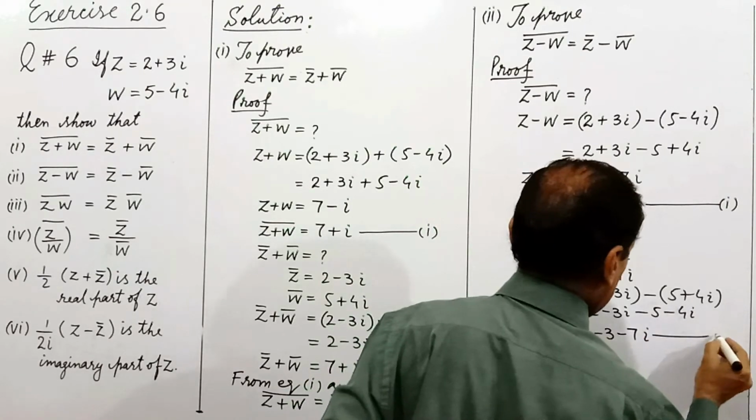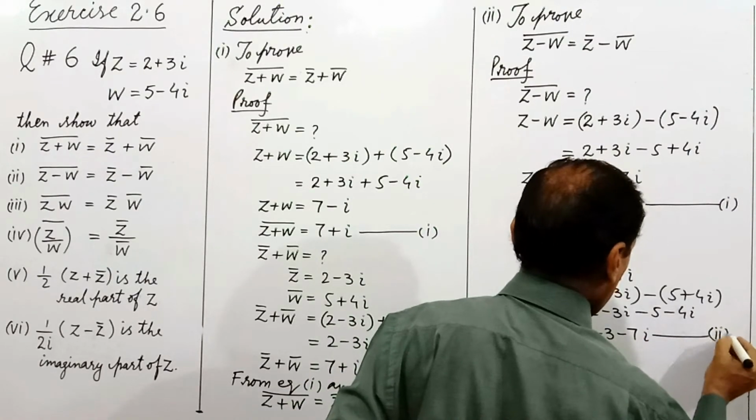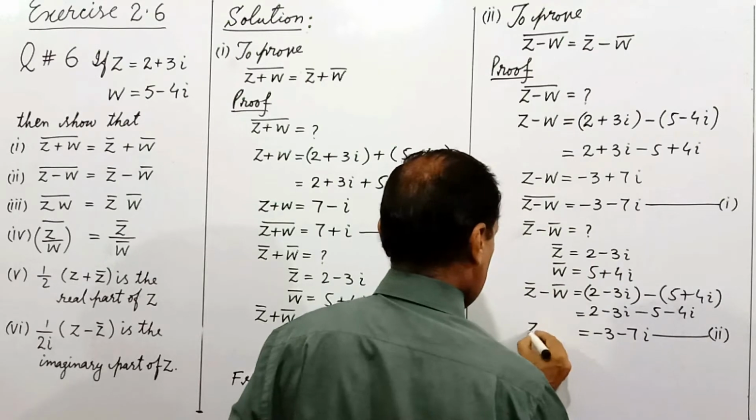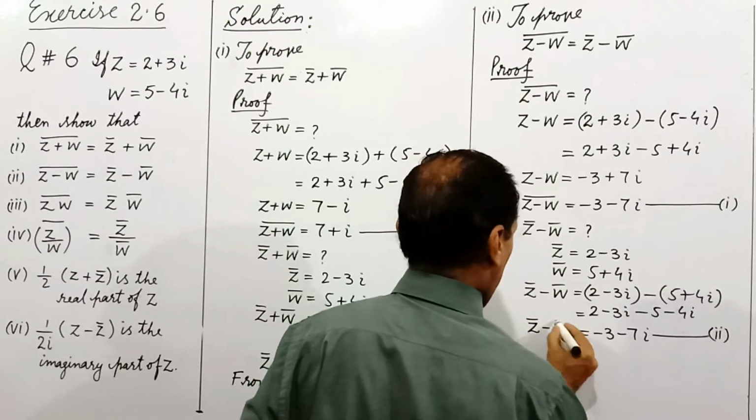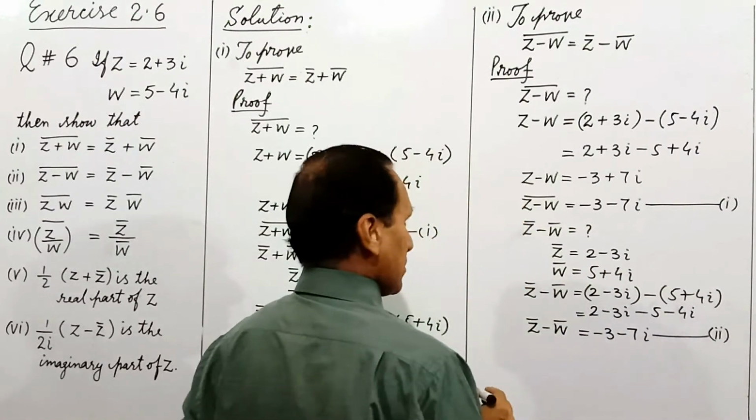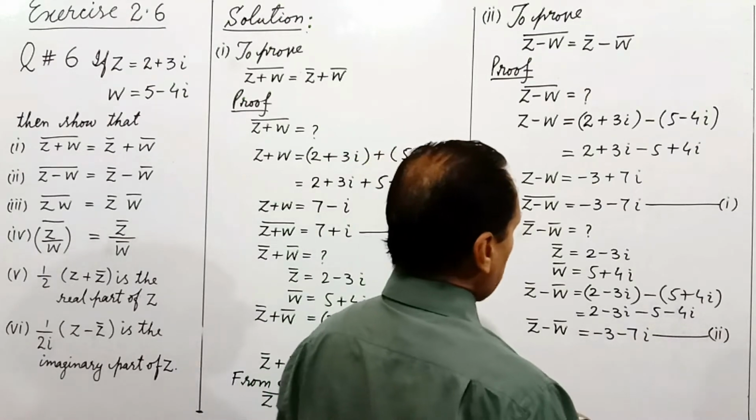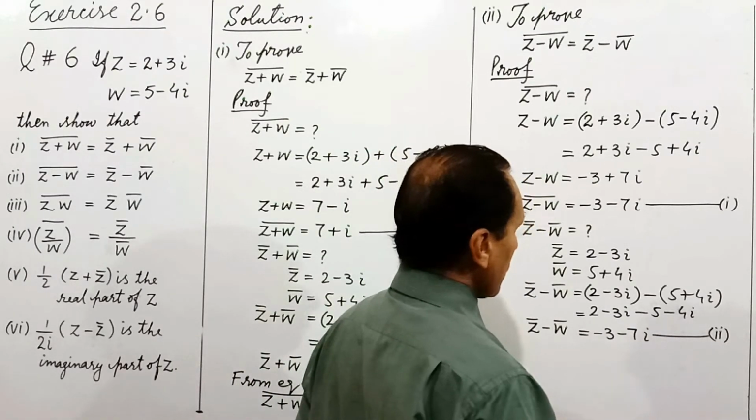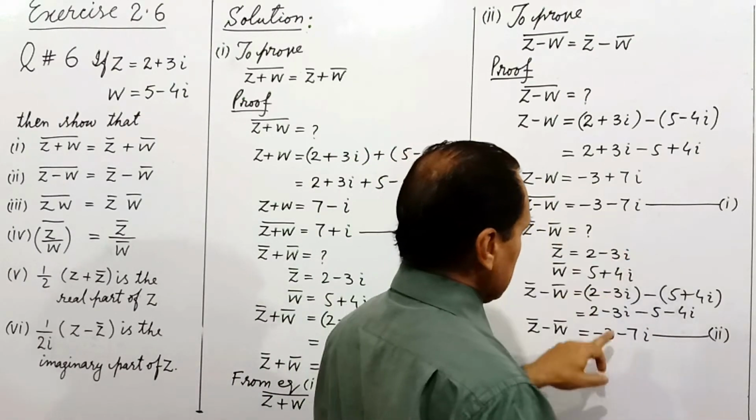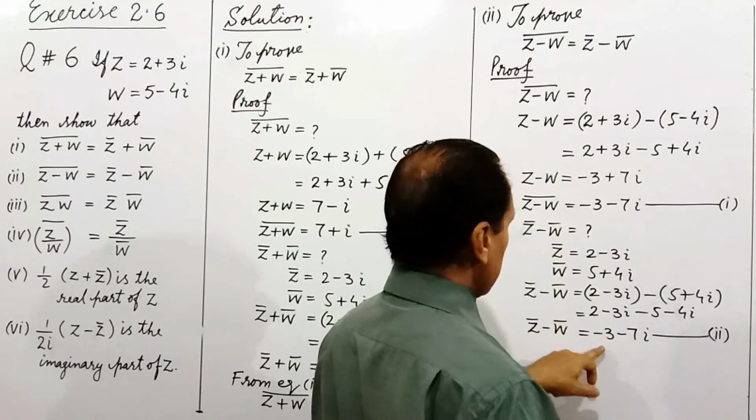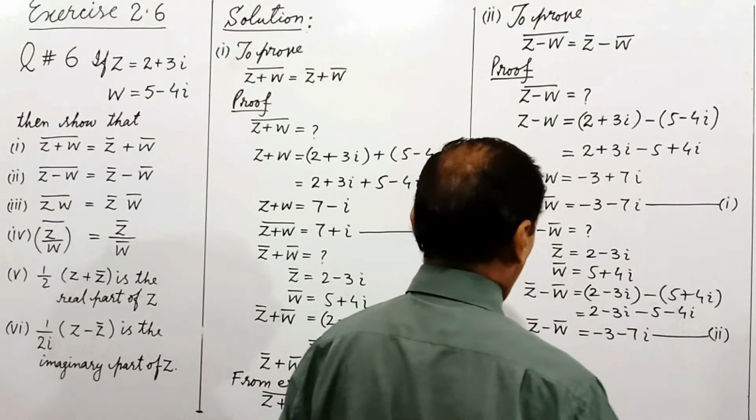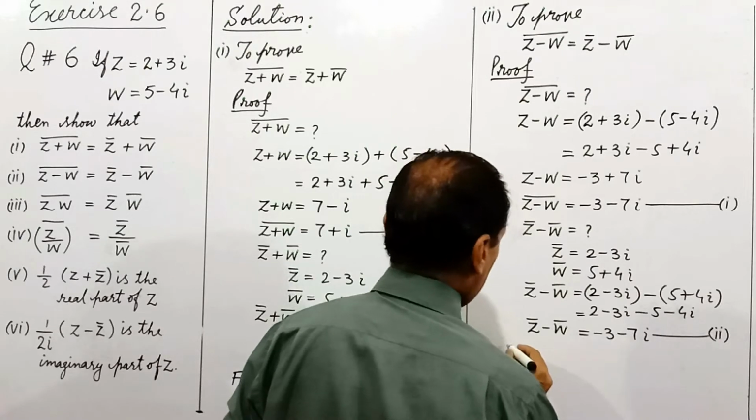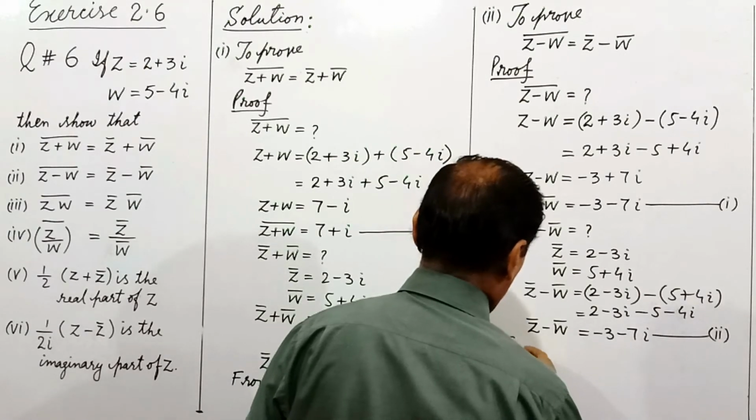We name it as equation 2 for reference. Z bar minus W bar, we got the results. And according to the transitive property, we see that the right hand sides are the same, I mean one side is the same, then the other sides will also be equal. So therefore by comparing equation 1 and 2,